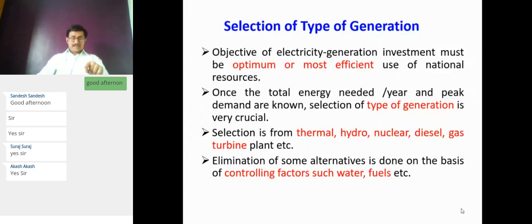Water is also one of the factors. Water will be very important as far as the thermal and nuclear power plants are concerned, because in both types of power plants you need to generate steam initially, and for the generation of the steam you need an abundant quantity of water. That is one point. The second point is the cooling of some of the